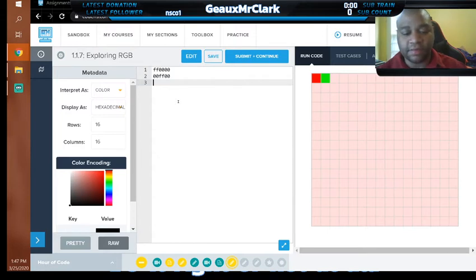So to do blue, we would put in no red, no green, and all the way through on my hexadecimal Fs. So hexadecimal is a base 16 system, 0 through 9, and then 10 is A, 11 is B, 12 is C, 13 is D,